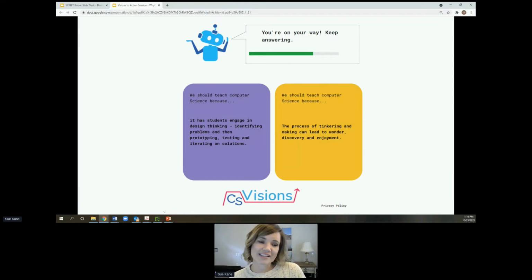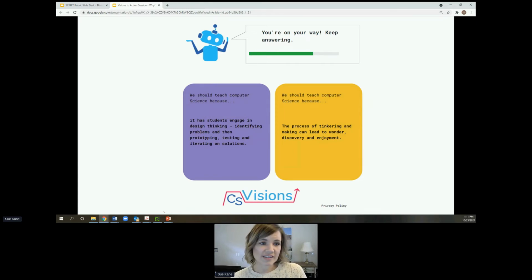But what you're going to find is they do collect some demographic information about how this tool is being used. So don't be alarmed when it asks you first to tell them where you are, and I think it's the age and the gender, and they're capturing interest in this CS equity tool with that. But then you'll go to a screen and you'll be given 2 tiles at a time. So here I've just done a screenshot and you see a purple and a gold tile. And it's going to have 2 reasons.